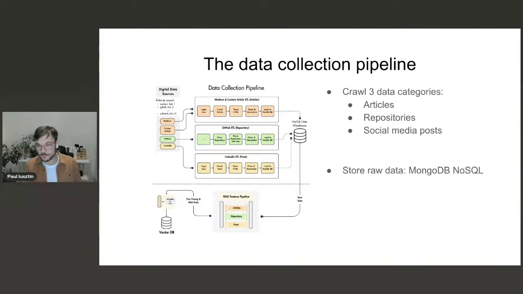So we use MongoDB NoSQL as a data warehouse to store our raw data. This is not really the standard data warehouse that you see in books, because a data warehouse usually needs to have analytics properties, to be able to analyze your data and compute all kinds of statistics. But usually these data warehouses are heavier, and we don't use that in this book.